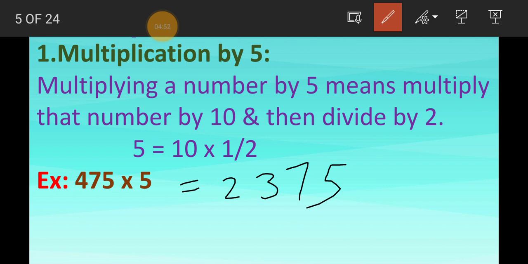Lattice method is there, normal vertical arrangement is there, then the distributive property is there. But you have to check which property you can use. Everywhere you will not be able to use the distributive property or this also. So it's up to you, but all these methods are very helpful for the competitive exam and for the higher standards. Suppose if you are having a big number